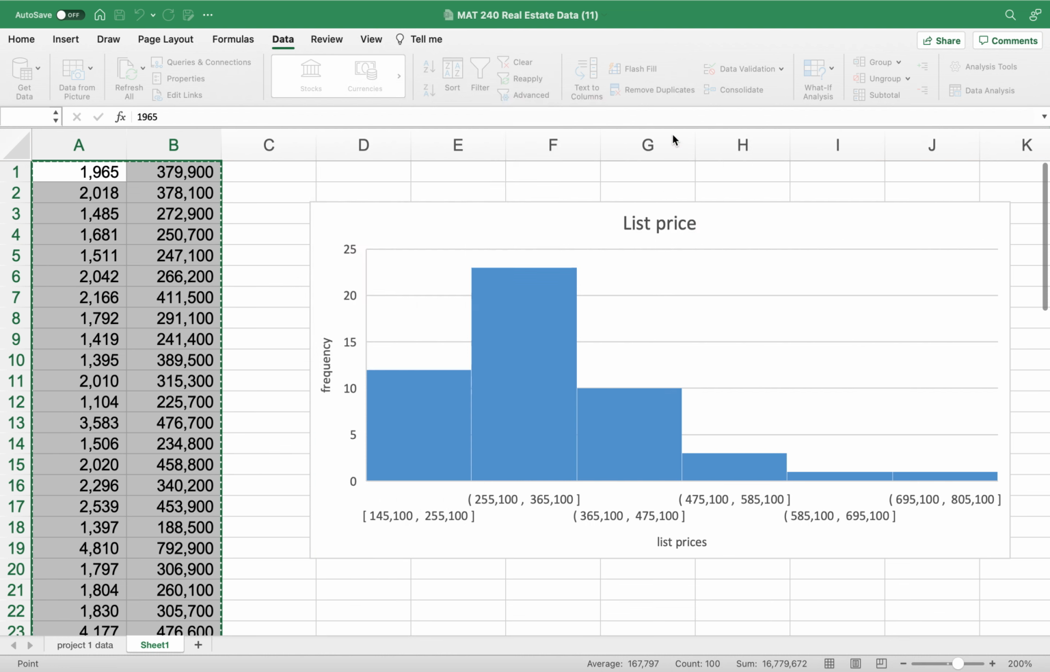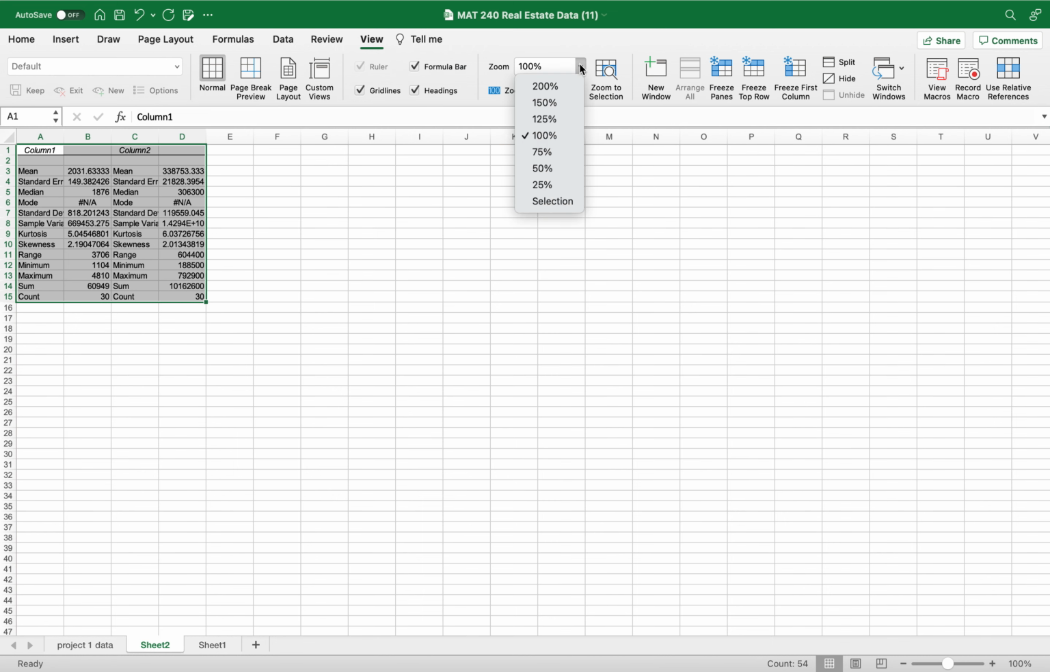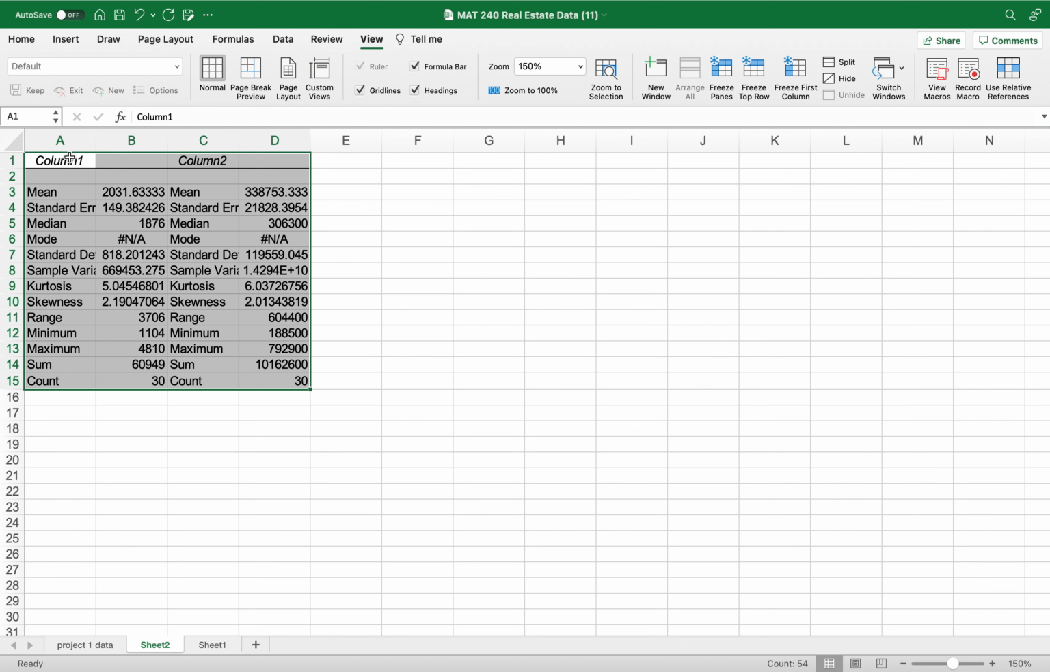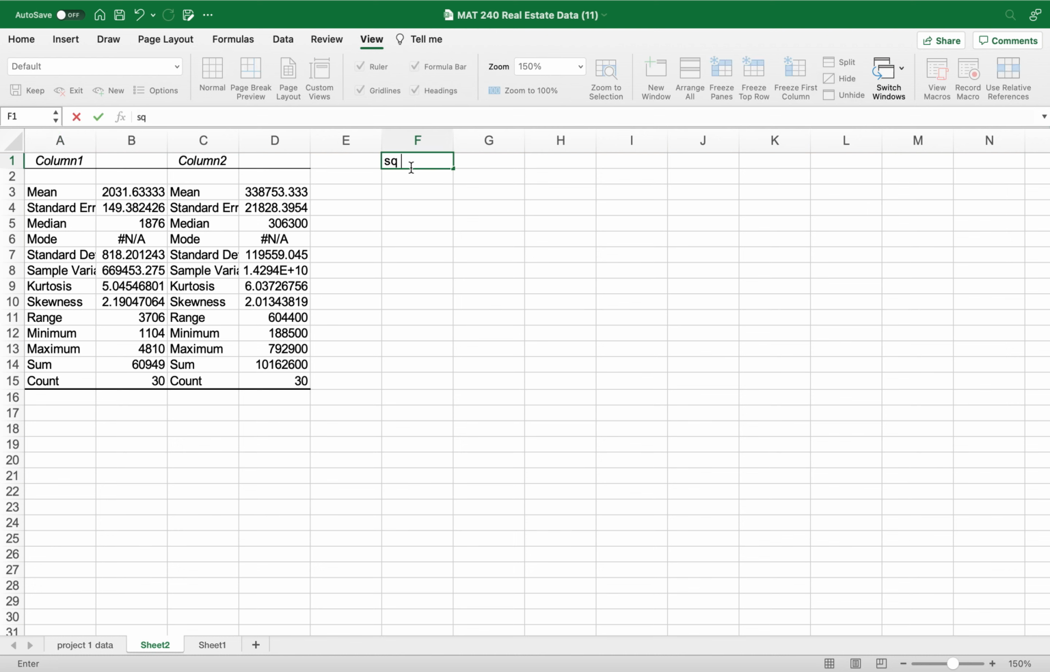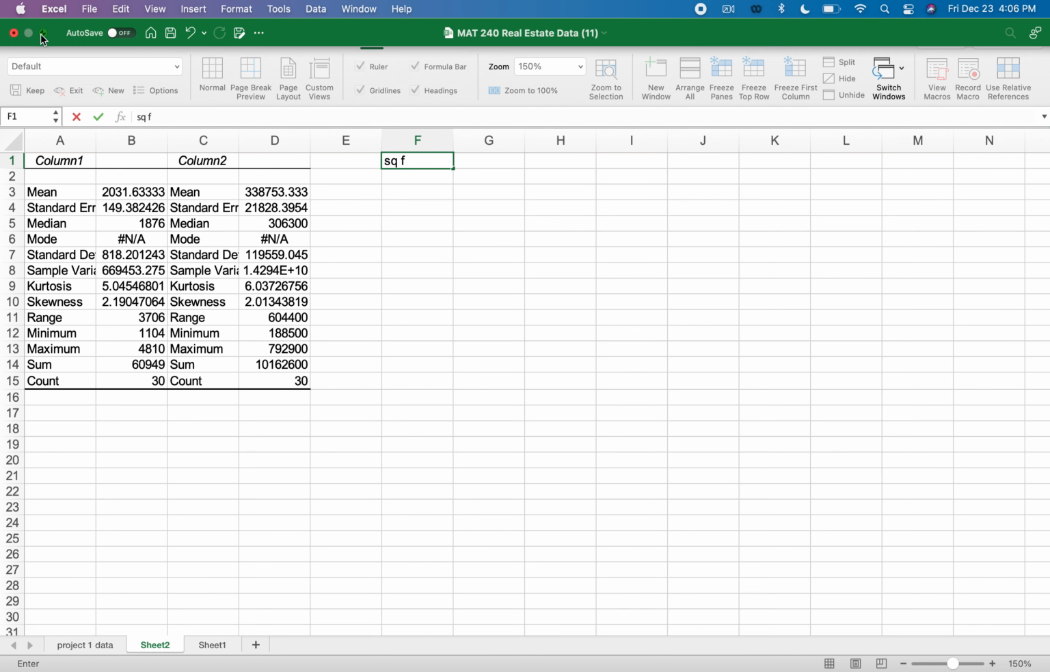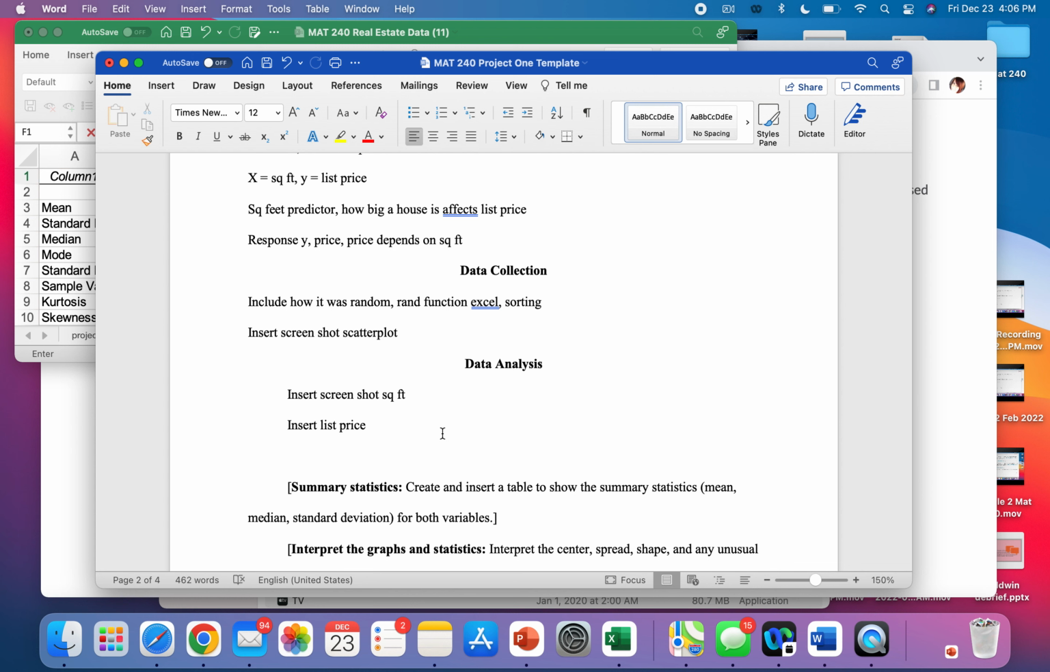And there is your mean, median, mode, and all that other stuff, okay? You can insert this, or you can just summarize it. You can just type it up, like you can do a table, square feet, and so forth. Okay, our summary statistics, just do like a table, square feet,